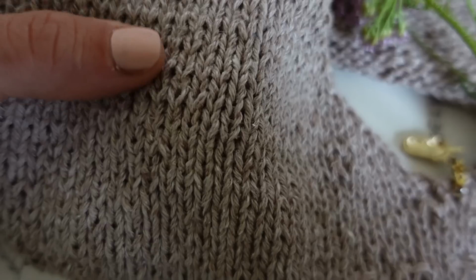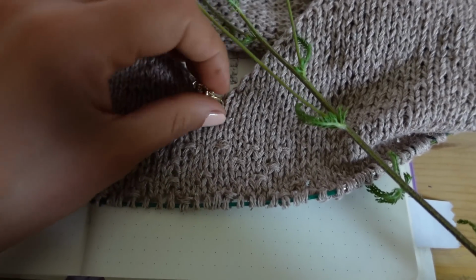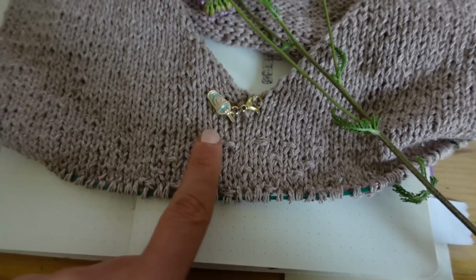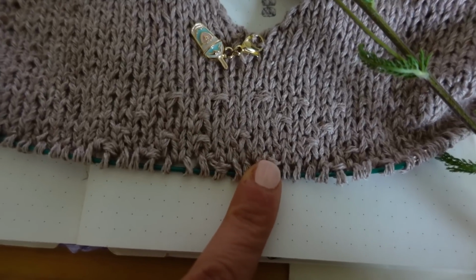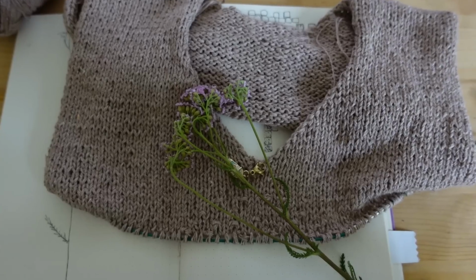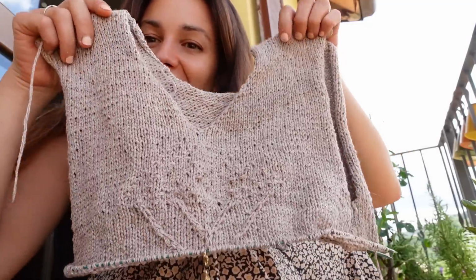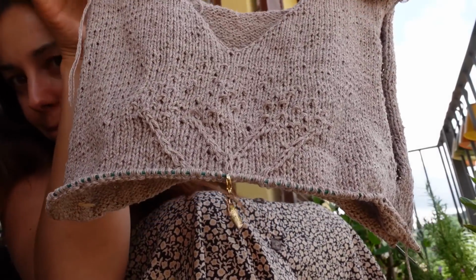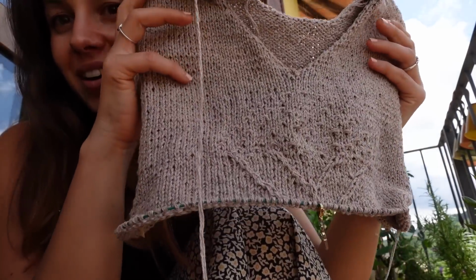My tension is not the best because I'm knitting flat, but I kind of like it. It kind of gives some character to this top, and this also very gentle texture work also really reminds me of this beautiful, beautiful flower. I have been creating this super pretty look-alike